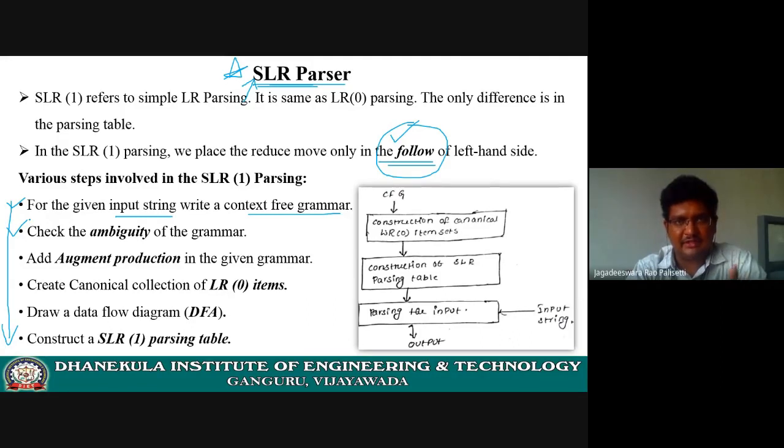For a given grammar G, as we already discussed in the previous class, ambiguity is also one of the reasons for getting conflicts. Am I clear? So we have to observe whether there is any ambiguity in the given grammar. If it is there, you have to follow some methodologies in order to eliminate the ambiguity, or make your grammar into an unambiguous grammar. 2 steps.